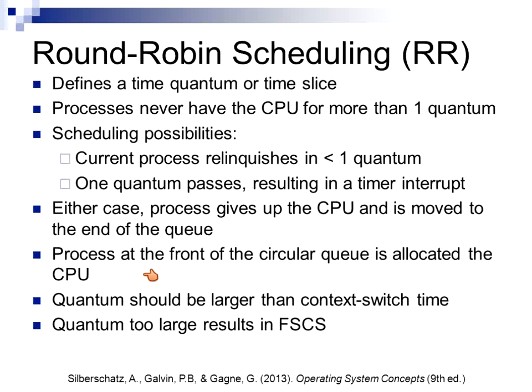Here you have to be careful that the quantum, the time slice that you're using, is larger than the context switch time. Remember we talked about this latency and what it takes to actually switch between processes. And you want to be careful too not to make it too large, because then you'll just end up with a first come first serve